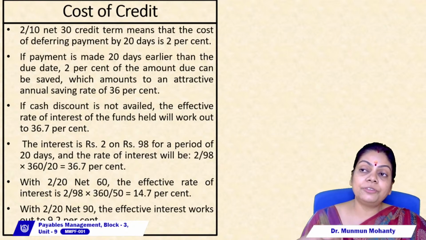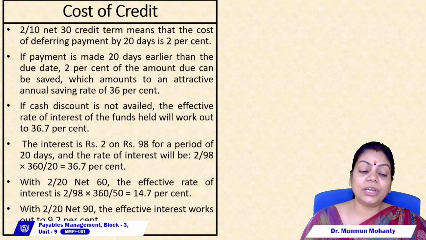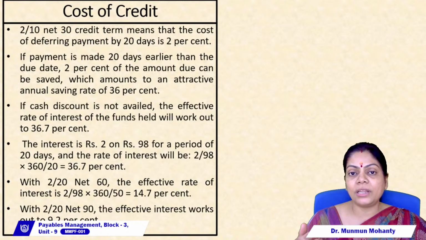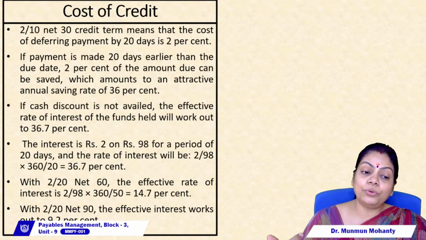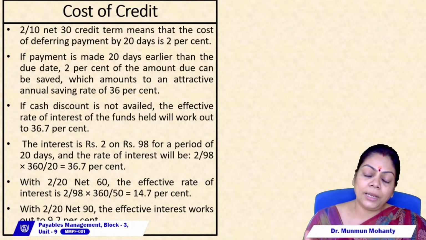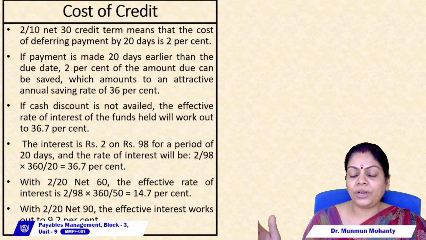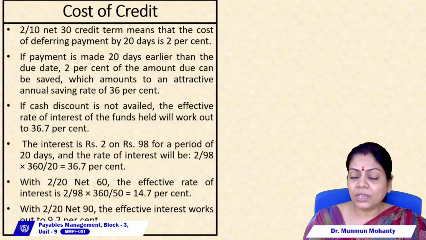In fact, if I stretch my credit period further, it will be 2 by 10 net 90. Then the effective interest rate, again going by that formula, 2 by 98 into 360 by 80, will work out to 9.2%. Now, as you see, with the cash discount remaining the same 2%, and the period of cash discount remaining the same, that is 10 days, the more credit period that I'm stretching, the more the effective interest